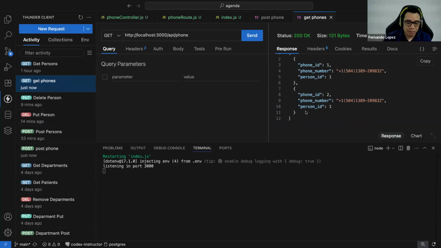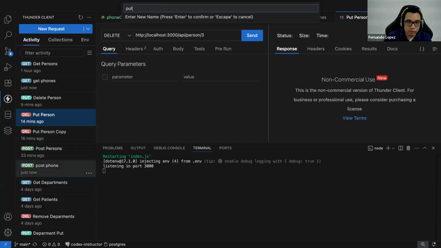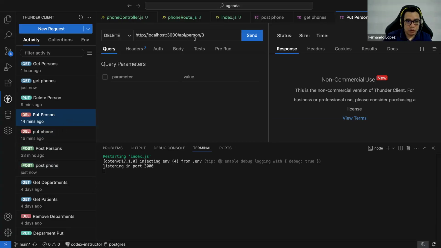But I can update this one using the put mode, the put phone. Let me duplicate the put phone. I mean, the put person will be duplicated right now. Now let me rename this as put phone. In this case, will be the method put. The endpoint will be phone. The element that I will update will be the ID phone number 2.